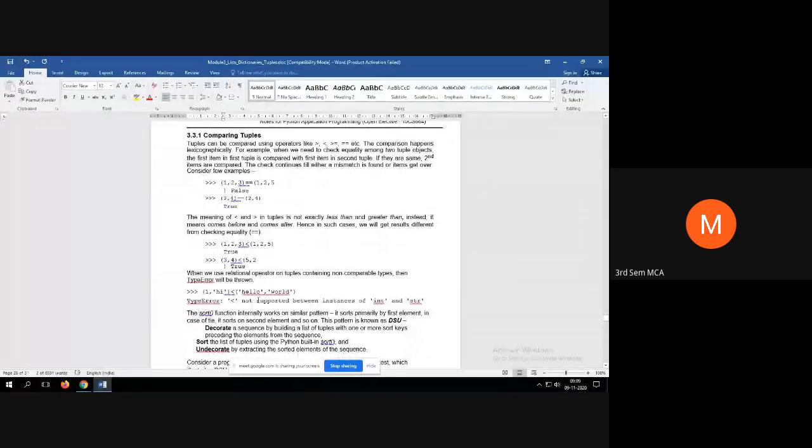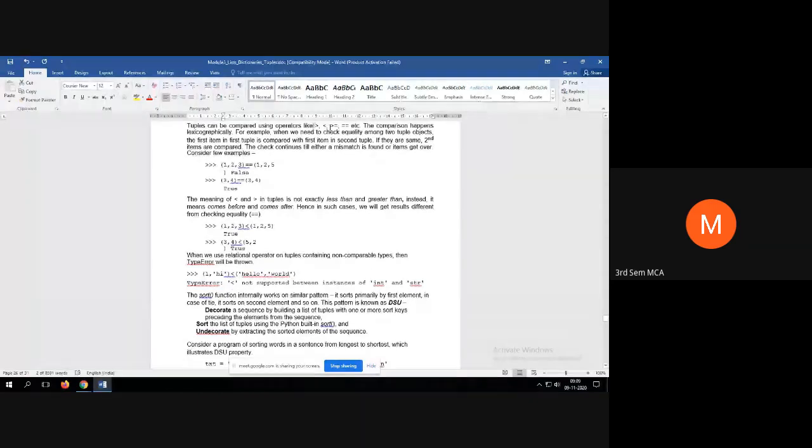Then comparing tuples. Tuples can be compared using operators, that is, all the comparison operators. How to compare? Let us see. Students, look at here. In the left side we have 1, 2, 3 equal to 1, 2: false.